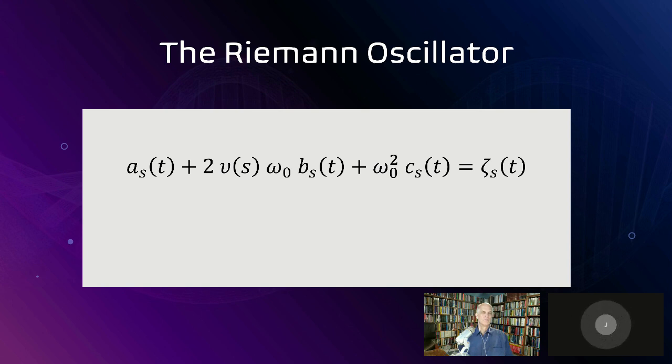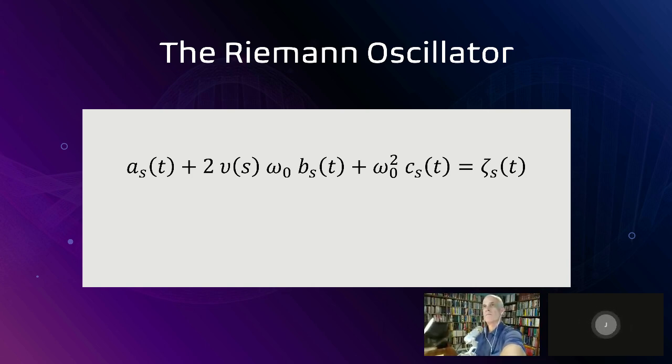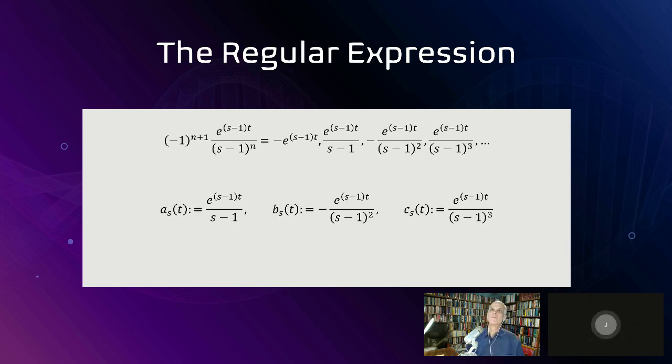This is the Riemann oscillator. I have it as the A function, the B function, and the C function. But because they're derivatives, we can just say the derivatives of C, which we're going to get into. So let me get to that slide, and then you can talk a little bit about the oscillator. If you think of the terms of the oscillator as a finite state machine, with every finite state machine you have a regular expression. This would be the regular expression of this.